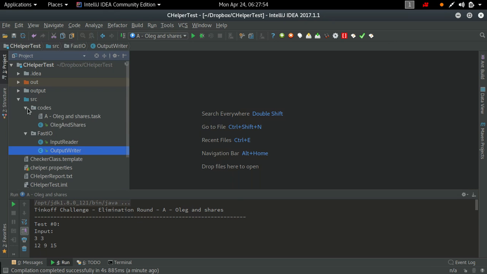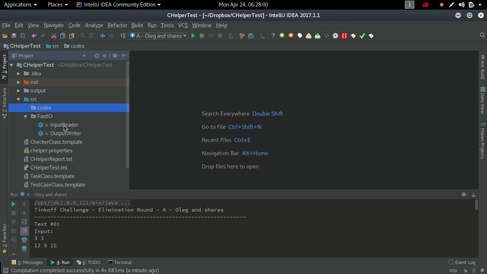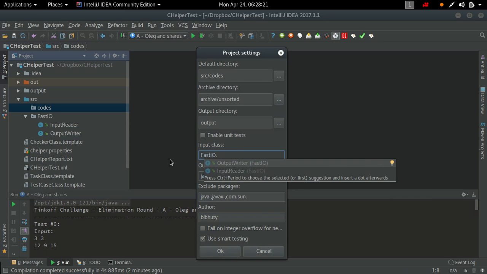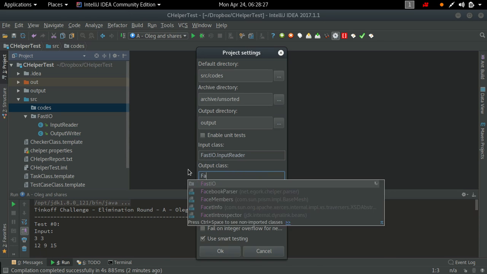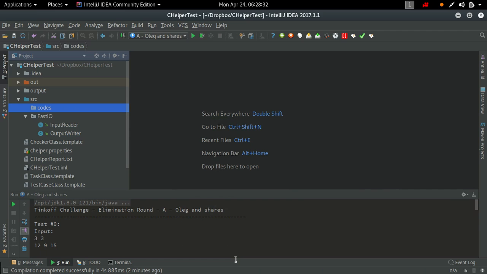Okay, so now again delete these two things, and using our own custom InputReader and OutputWriter classes, let's see how we can write the solution. To use them, go to the settings. You see that in the input class we have written Scanner, but here the class you are using is fast.io.InputReader. This is my custom class to read inputs. Then again for output, fast.io.OutputWriter. It's done. Press OK. Go here,